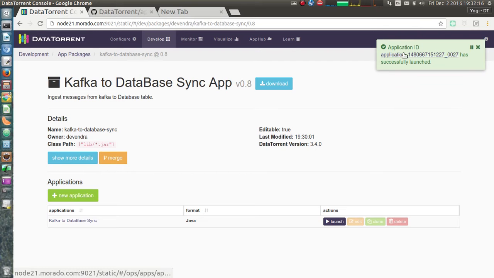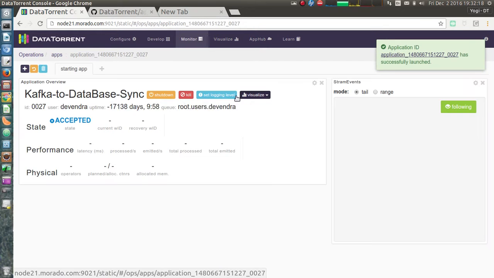Now we can see the notification saying the app has been successfully launched. If we click on the application ID in the notification, we will go to the details page for this app instance.